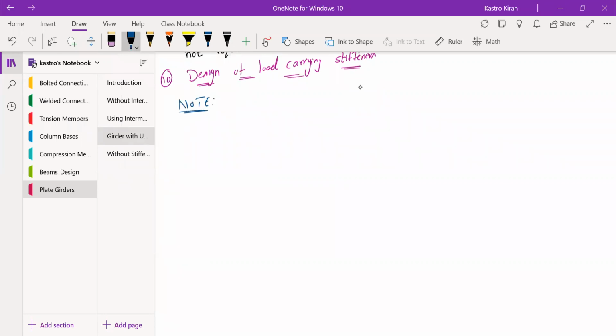So where exactly are you going to provide the load carrying web stiffness? Load carrying web stiffness should be provided. Please write this statement: load carrying web stiffness should be provided where